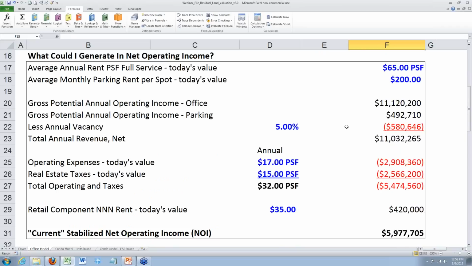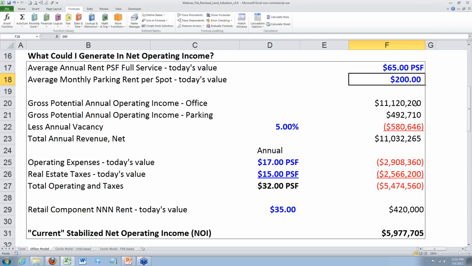Next is, well, what could I generate in net operating income? So now I'm going to put in, with the data that I have from the market, an estimate for what I think the average rent on an annual per square foot basis would be for this asset. And then if the parking is going to generate income, which typically for office it will, I'll put that